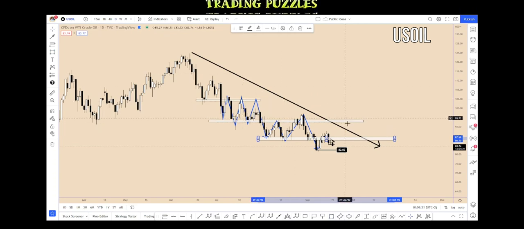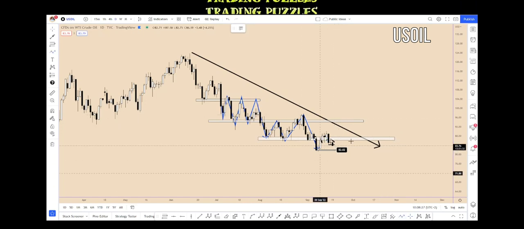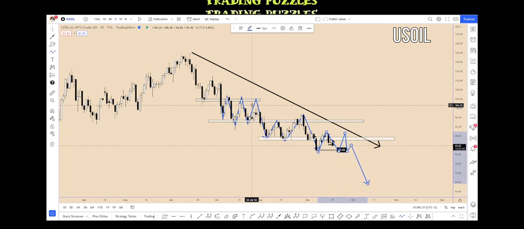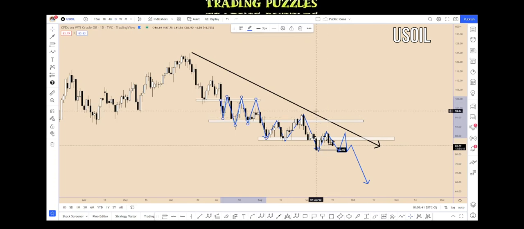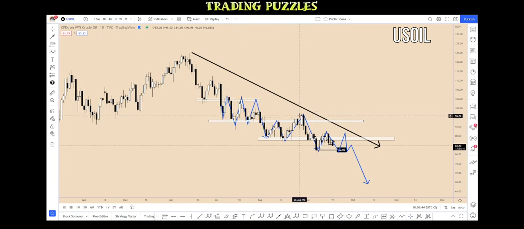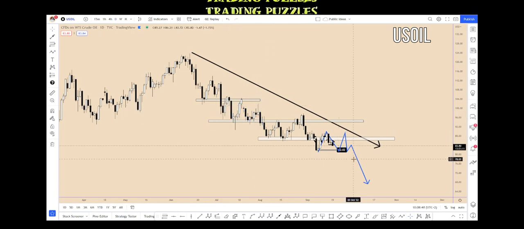So overall, this is showing for the USOIL not to have a very strong bearish movement, but the market is hesitating a bit for every move it makes. So we can see up and down movements again also within this area before the price will keep moving lower. At least this is what I am actually expecting. We don't know what may happen in the future, so let's break it down on the smaller